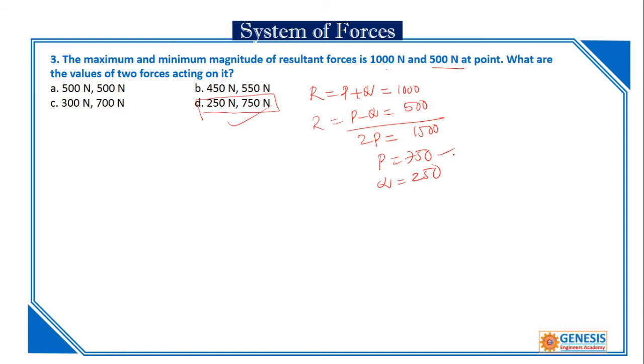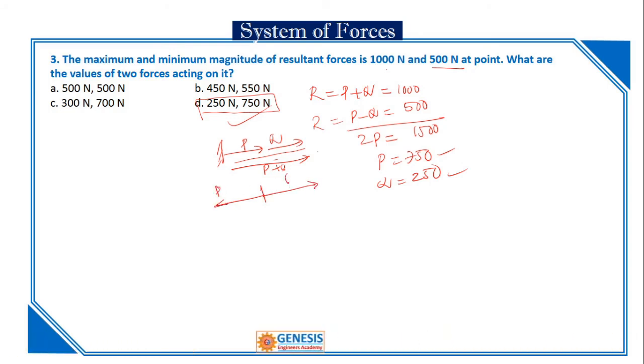Okay, so what is the maximum? The maximum is in the same direction, the minimum in the opposite direction. If two forces lie in the same direction, you will have the maximum resultant. It is just like two persons pulling like this. This is P, this is Q. If these two forces are pulling in this direction, the resultant will be P plus Q. If one person is acting in this direction and another force is in that direction, then the resultant is P minus Q or Q minus P.